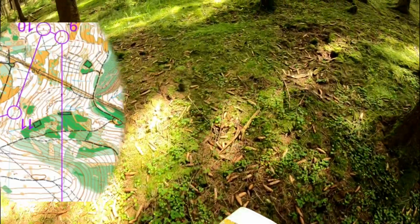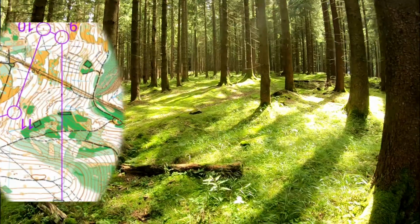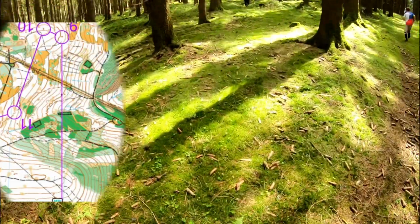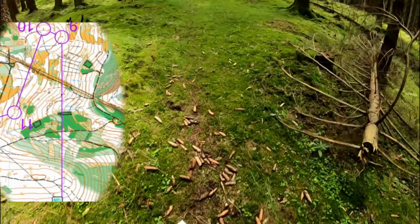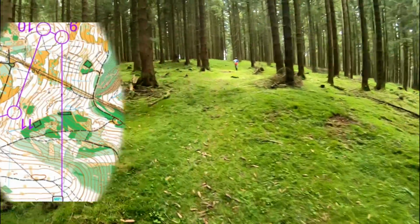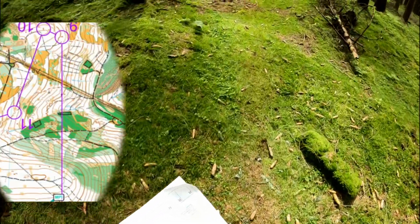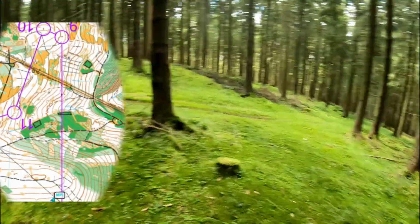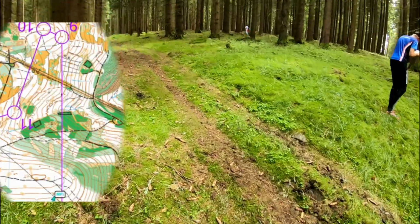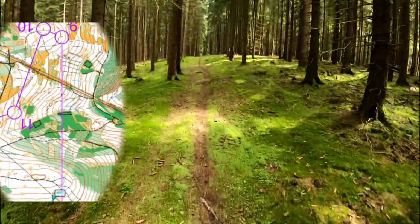here I was aiming to get to this narrow ride, and the fastest road was to go around all this valley, around all this greenish area, along the narrow ride to that bigger road that is barely visible on the map on the left side, top corner. There is this road and some kind of clearing, so that was much faster. Like the guys who did beat me on this leg, they did it 2 minutes faster, and now when I saw it, I was just, you know, beating my head because I started running along the